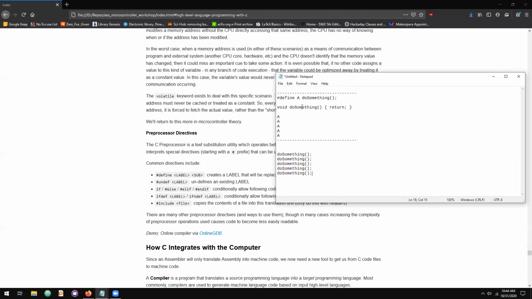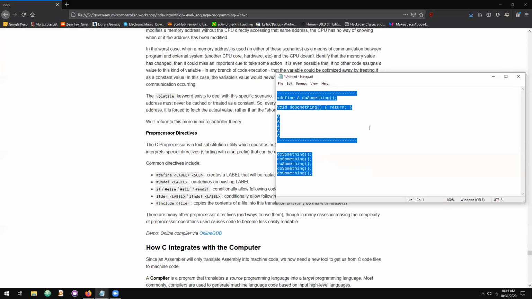So I have the function definition and a couple labels that I've laid down in my plain C file. In an intermediate step, it will look as if I had done this. So all of these labels will be substituted with the text here, which in this case I'm using to act as if it's a function call. I would not recommend using this too frequently. What I would recommend instead doing is something like this,